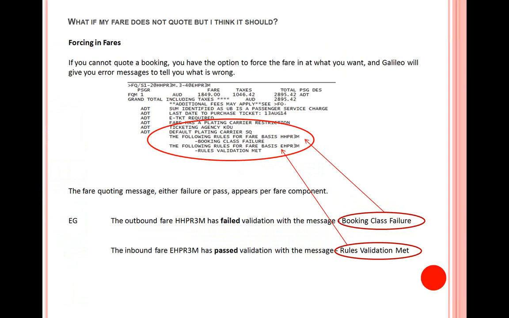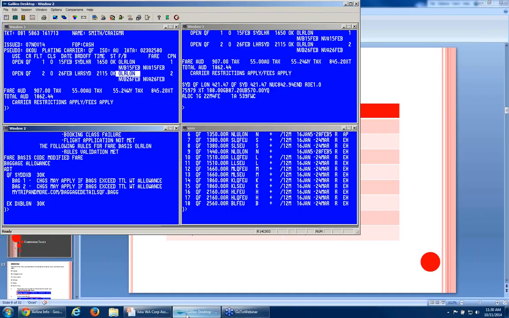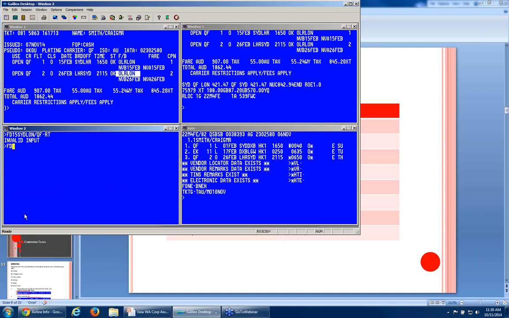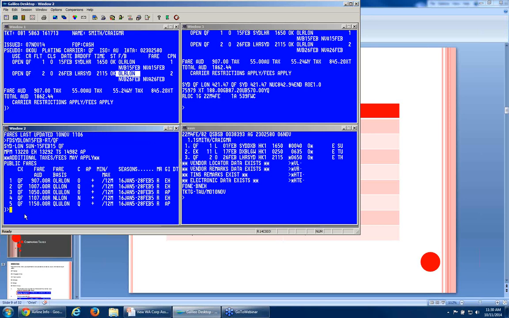So let's put this into practice now, and we'll just go back into Galileo, and we can see we've got booking class failure here. So what I'm going to do now is just ignore and retrieve. I'm just going to work out where that booking class failure is coming from. So if we do our fare display again, Sydney, London, and we want to refer to that same LLSEU fare,